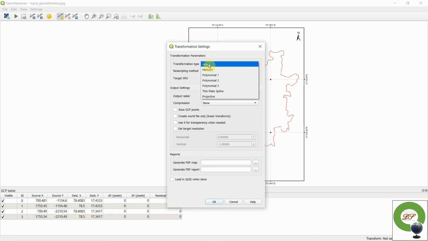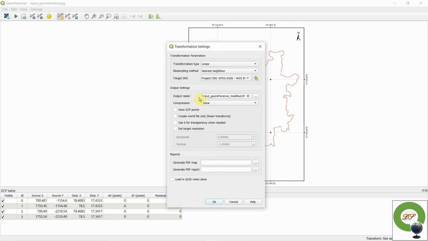We'll simply click linear and nearest neighbor. Now it is asking for SRS, spatial reference system. These are in degrees, minutes, and seconds, and we are targeting WGS 1984. The datum will be WGS 1984, and the projection system will also be WGS 1984.